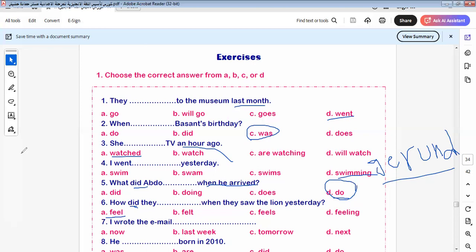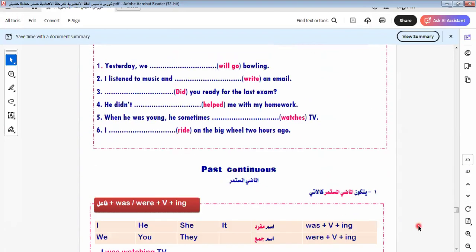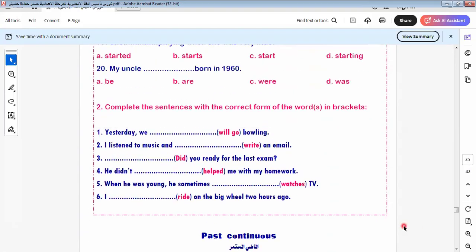Let's go to another question, which is correct the verb, because it's an important question, and I think we will see this question in the exam. Okay, with the new syllable, we can see this question in the exam. We must take care when we answer this question. Here we see "yesterday". When I see "yesterday", what will the tense be? It will be in the past form. So I put here "yesterday we went". Here we say "I listened to music and wrote". Why here? Because here is the past, and the other one is the past too. It will be "wrote".